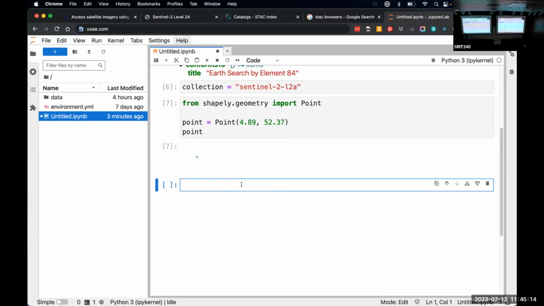Nice visual confirmation there. Okay, so now what we're going to do is, using the Element 84 catalog, we're going to say, give us this Sentinel-2 L2A collection, but search within that collection only for items that intersect with this particular point. So we're only going to get back a list of images that